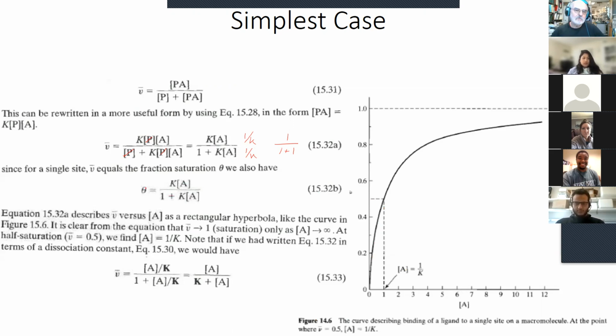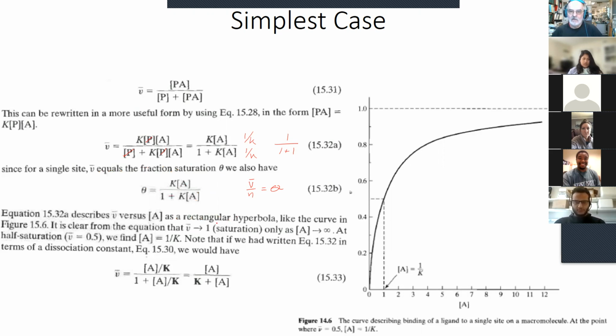And then just to be consistent for the moment, we then re-equate this with fractional saturation. Remember, it had to do with nu over n, and n here is equal to 1, and so it's the same equation, right? And then they state here what I just said, that this is an equation for a hyperbola,